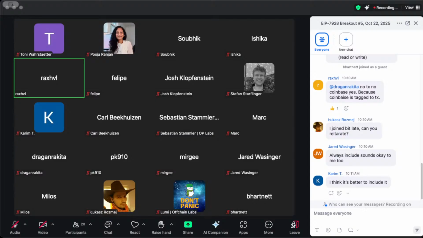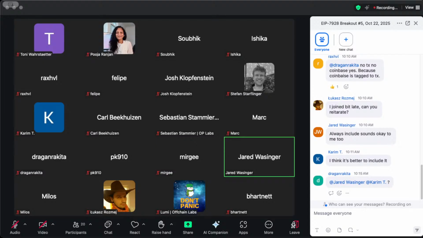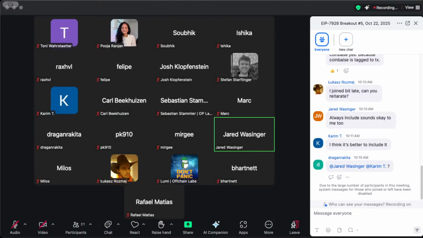I think it's cleaner. This way, this is like any other balance change for an account. Yeah, so as far as implementing it in Geth, I think regardless of whether it's always include or include as long as there's a transaction in the block, even if it pays 0 fees, it's still a bit of a special case. And I think what's important from my perspective is that we just settle.